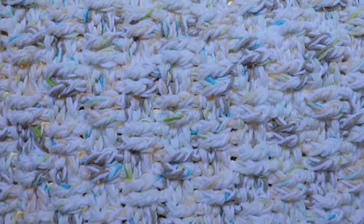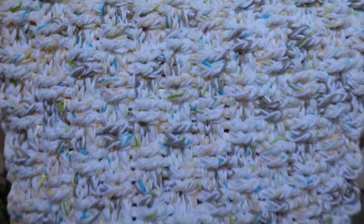Now, for what I am currently working on. I'm holding 2 balls of cotton together. And I am making a bath mat. Let me put that up there a little closer. See, it has the basket weave pattern. It's really thick and squishy with the basket weave. So basically what I'm doing is I'm holding 1 strand of this,